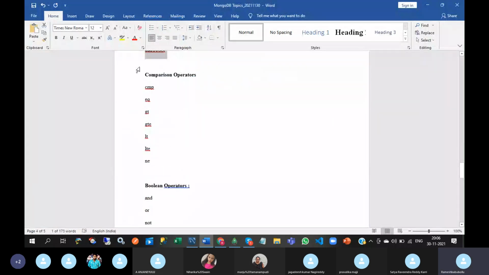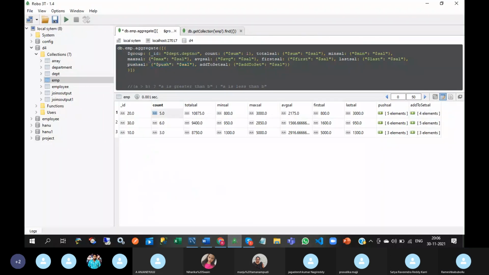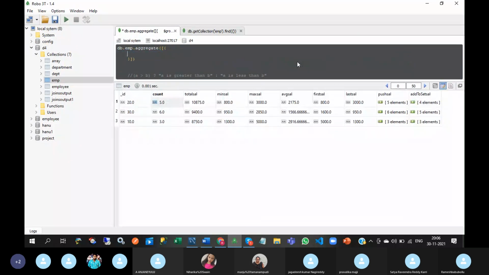Next one is comparison operators. So comparison operators, what are there? CMP.